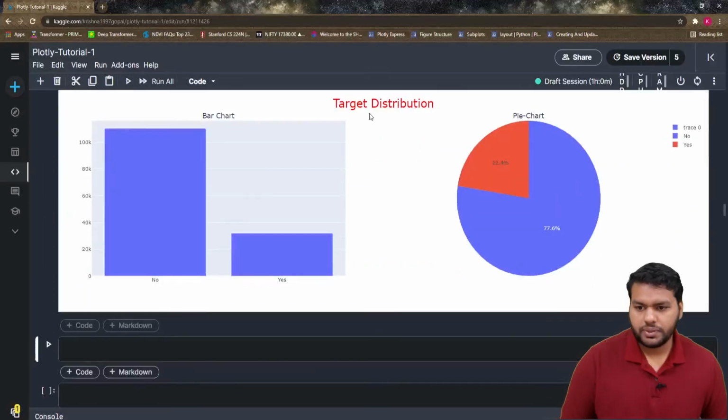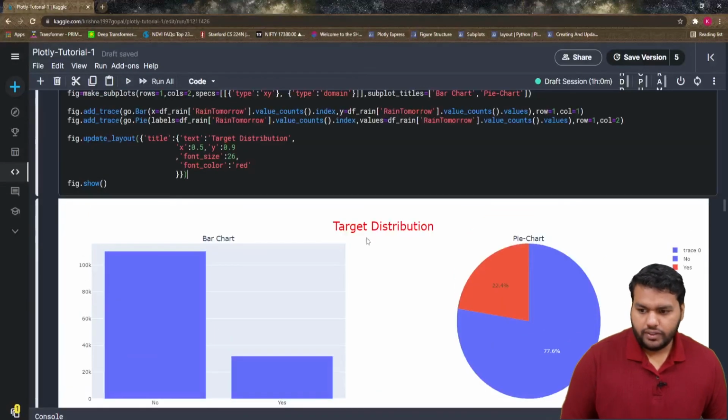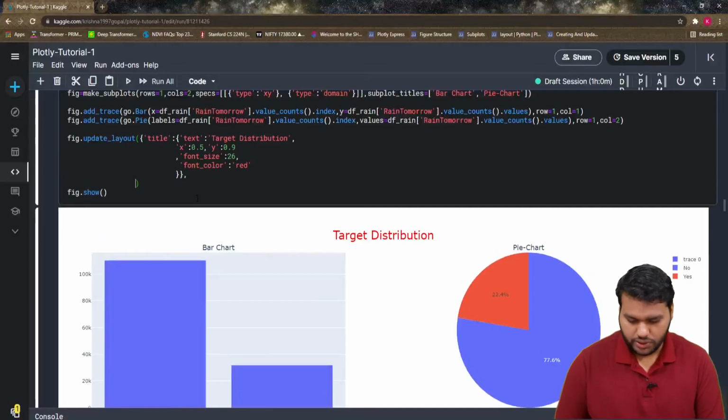If you see, the target distribution becomes red, which is perfectly fine. Then for the legend, if you want to show it, it's okay. If you do not want to show it, you can pass showlegend as false.